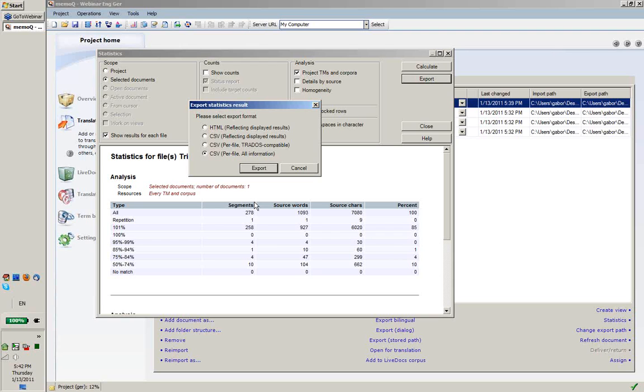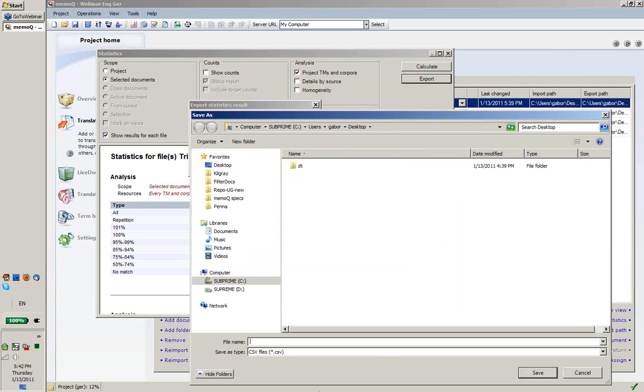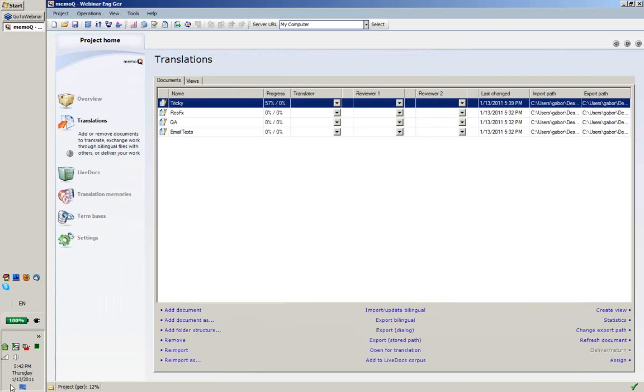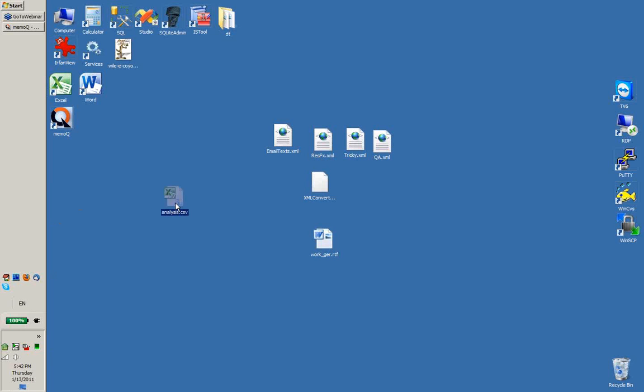So this would be, for those of you that in ancient times worked with Trados Workbench, something very similar to the Trados analysis log. Let me save this CSV file onto my desktop. There's the file. And if I open it with Excel,